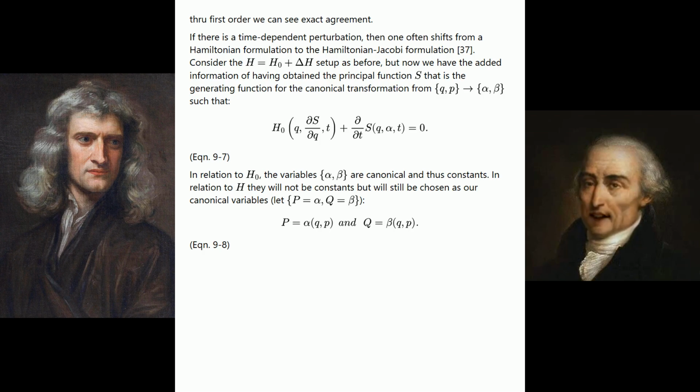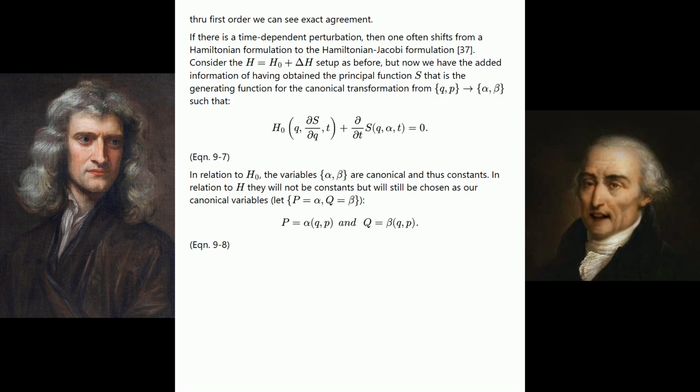If there is a time-dependent perturbation, then one often shifts from a Hamiltonian formulation to the Hamilton-Jacobi formulation. Consider the H equals H sub 0 plus delta H setup as before, but now we have the added information of having obtained the principal function S, that is the generating function for the canonical transformation from the set QP to the set alpha beta such that